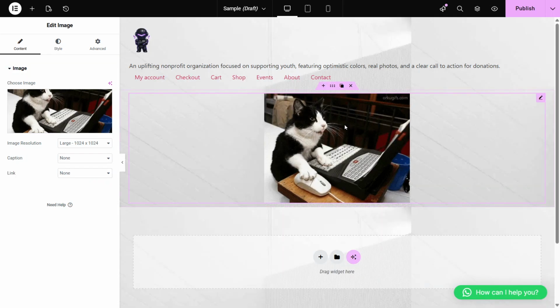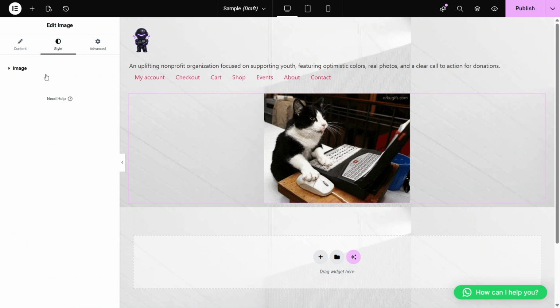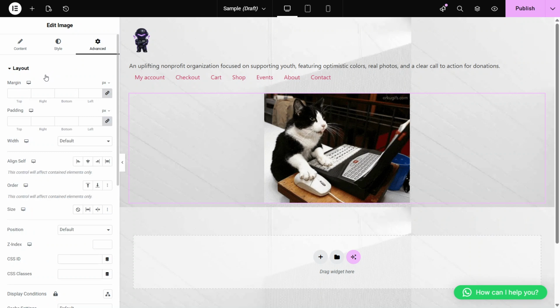On the left panel, under the Content tab, you'll be able to adjust a few important options. You can change the image size or resolution to better fit your layout, add a caption if you want to describe the GIF, and even set a link so that when someone clicks the GIF, it takes them to another page or an external site. If you'd like to customize the appearance further, you can switch over to the Style tab to adjust things like alignment, spacing, and other visual details, or use the Advanced tab for more precise control over margins, padding, motion effects,